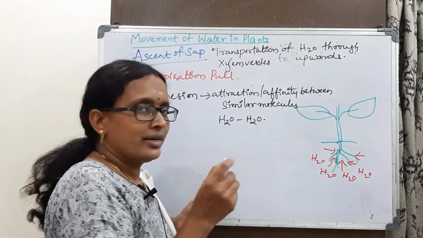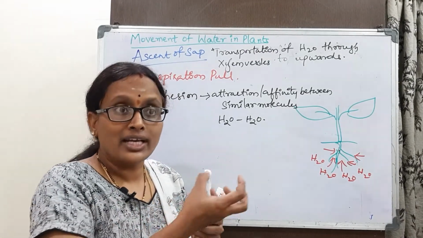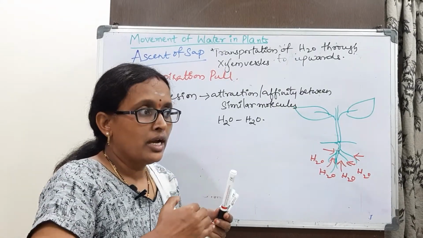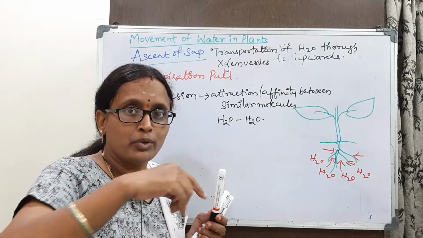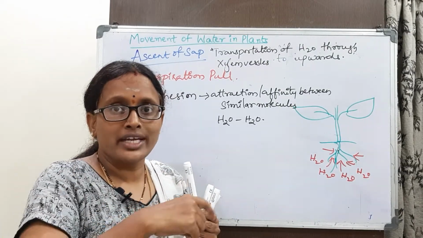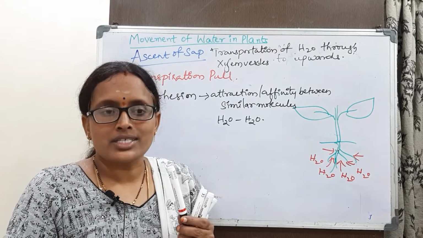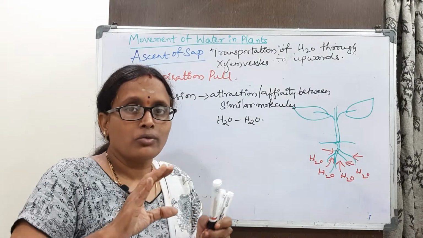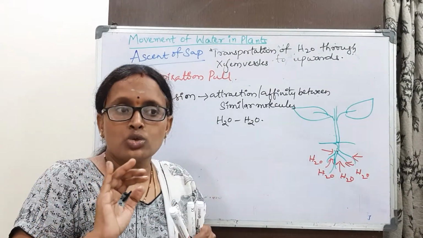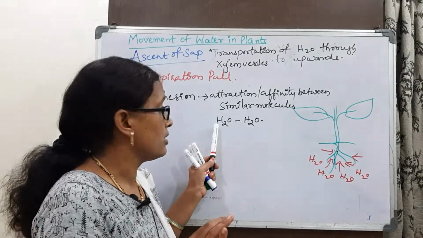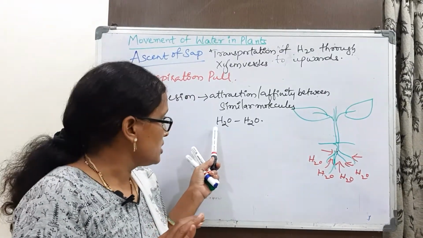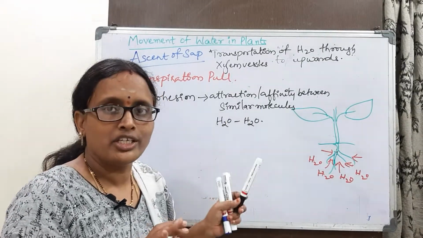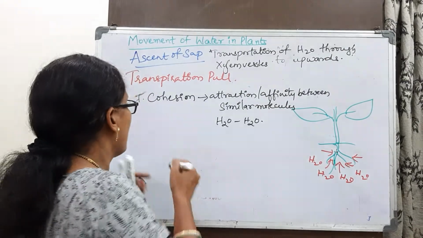One water molecule will attract another molecule. If water is falling at the corner of a table and you create a path with your finger in the opposite direction, the water will move to that side. That is called attraction between the same molecules. So here we are talking of how water is transported. There are some physical properties of water. One is the cohesion property: attraction or affinity between similar molecules. And adhesion.